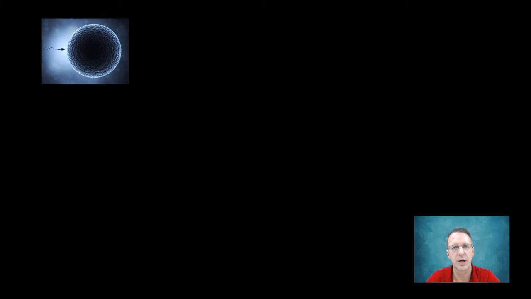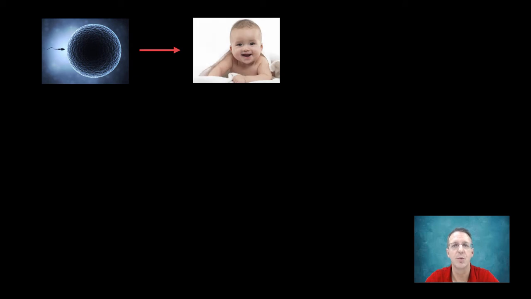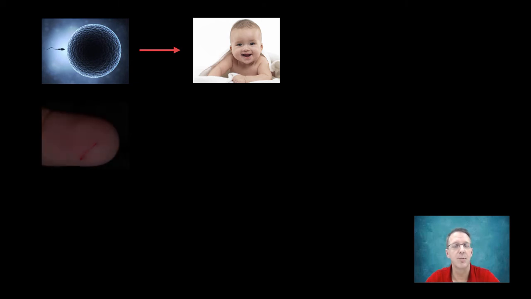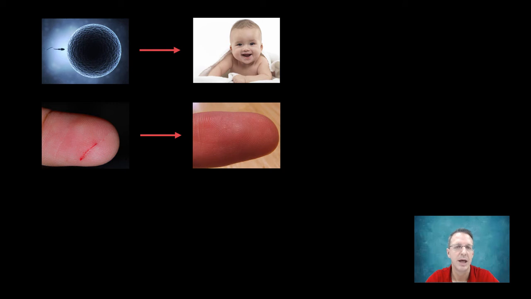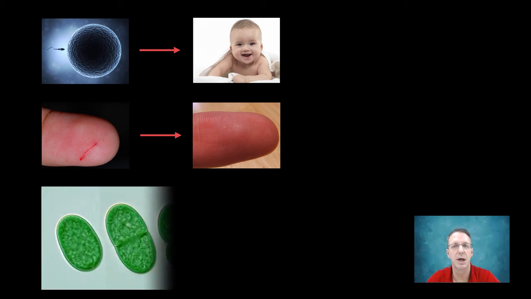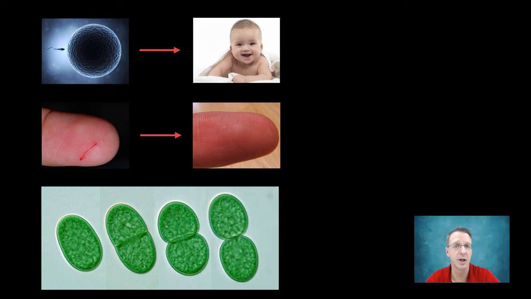The obvious answer out of the gate is that we need to grow. We're called multicellular organisms for a reason, and those multitudes of cells have to be generated, even if we're not all as cute as that baby. Another reason for mitosis is tissue repair. We're constantly replacing and fixing things, and for that we need new cells. And then there are the gazillions of bacteria that depend on mitosis, which is called binary fission in their case,